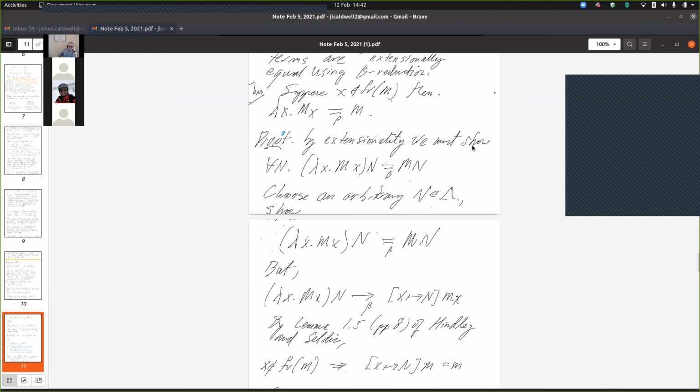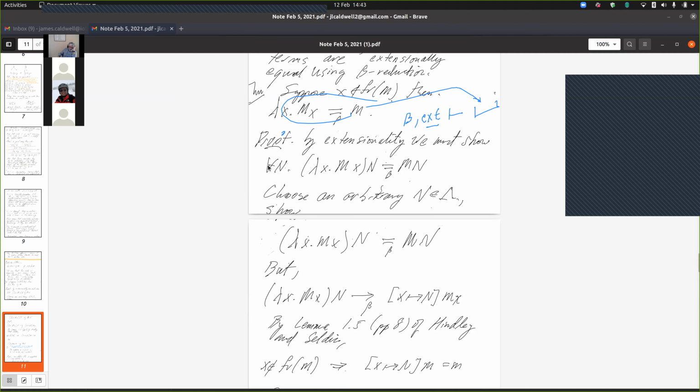And so now, if you look at this in Barendregt, how does he even do it? He goes in the theory, beta comma ext shows this. Lambda x dot m applied to x is equal to m. So you can put this in here. So he's saying in the theory where you have access to beta reduction and you have extensionality. And so I just say in here, proof by extensionality,